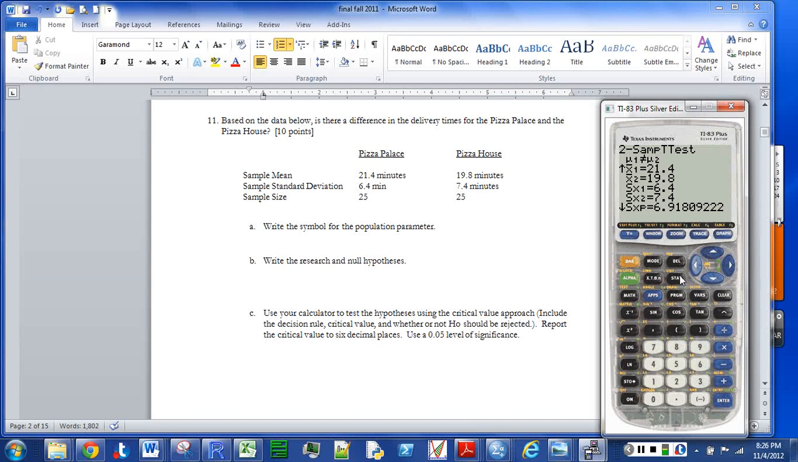But that's it for the two-sample t-test. Again, stat, tests, two-sample t-test, enter the data, get your research hypothesis in, tell it whether to pool or not, and calculate. One other thing I should show you here, and that is that stat tests